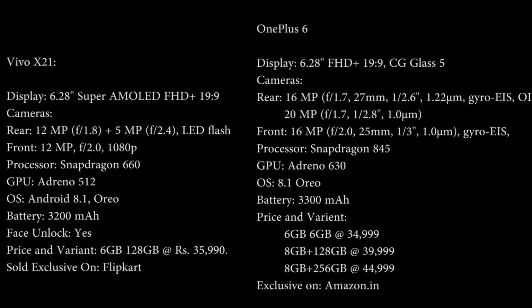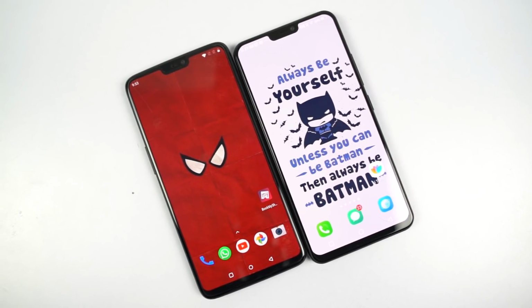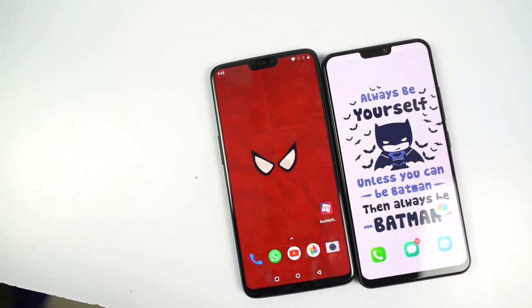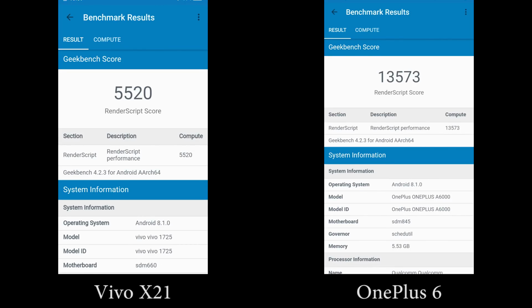Now these are the specifications of both phones. Vivo X21 sports a Snapdragon 660 processor with Adreno 512 GPU, while the OnePlus 6 sports a Snapdragon 845 processor with Adreno 630 GPU. These are the Antutu and Geekbench scores. Purely based on raw performance, OnePlus 6 is way better,